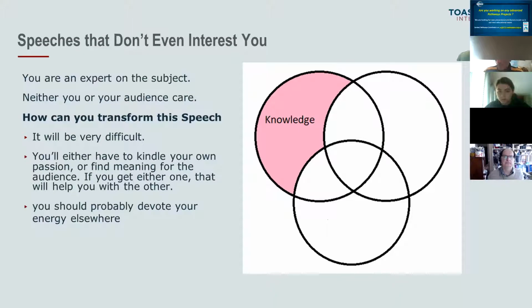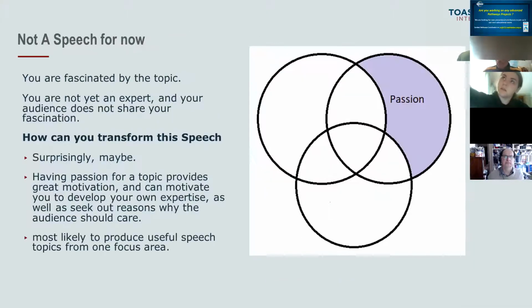Some speeches you need to transform and find what is your passion. And if you only have passion but not knowledge, and only you have the passion and no one is interested, then it's not a speech you should be delivering now. This is a speech that you should wait until you've built up the knowledge and found your audience.